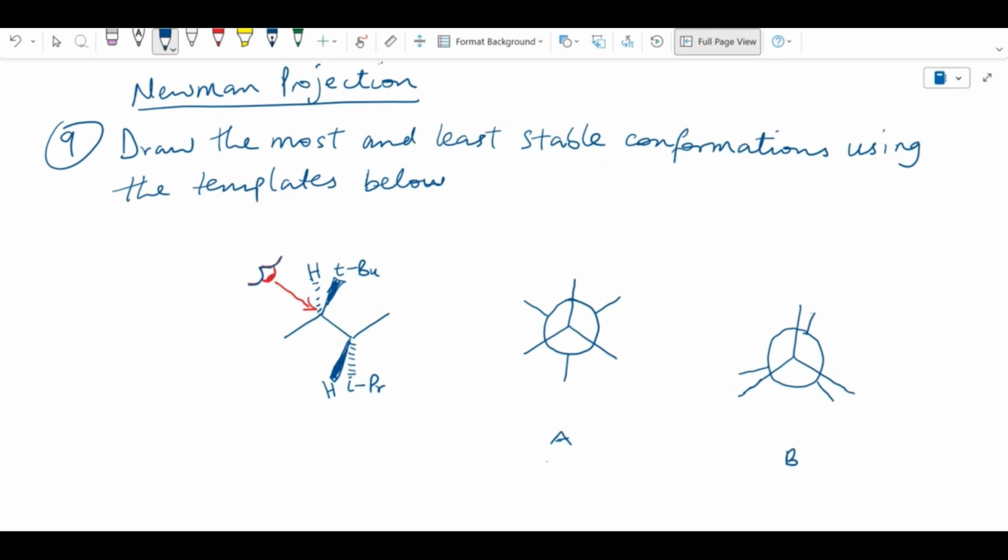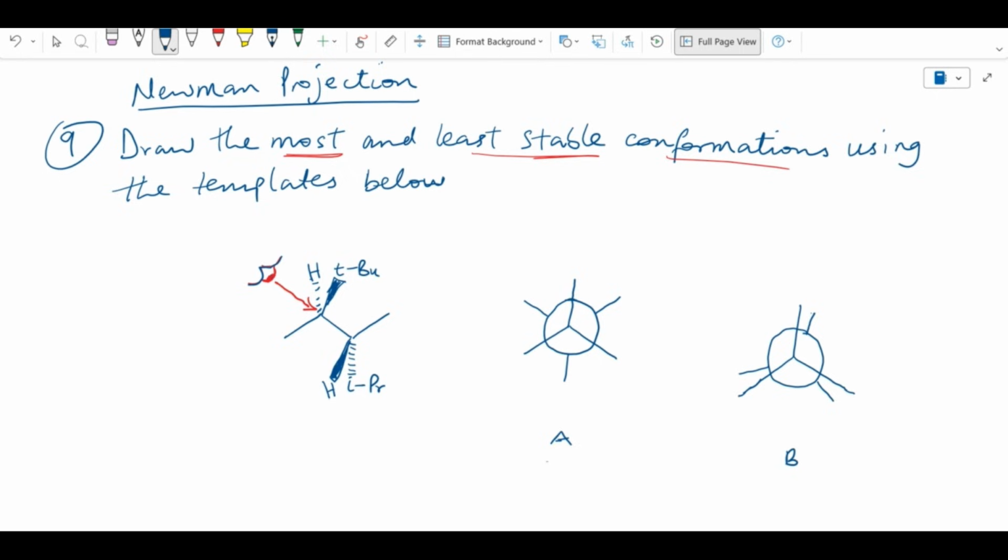So this question asks us to determine the most stable conformation as well as the least stable conformation using templates given. So the template given, we have template A and template B. Now to solve this question, it's always a good practice to draw out the Newman projection by yourself. And to draw the Newman projection,